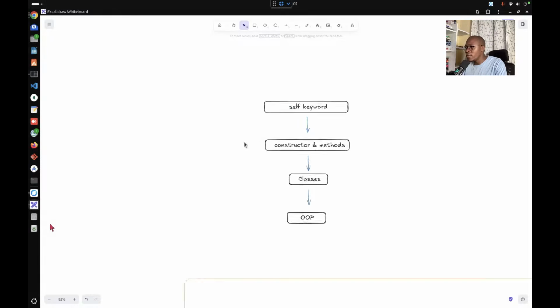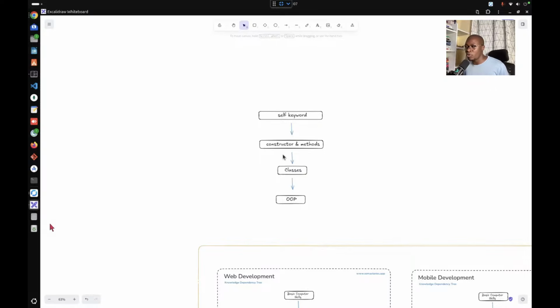So this is basically it on the knowledge dependency tree. It's what I mostly use when I'm learning anything. I'm actually currently learning data science, and I employ this heavily because in data science you'll get things like, let me show you guys the absurdity. See, I'm at this part, neural networks, okay, and we do have, you see those mathematical equations there. I have no idea what those things mean.